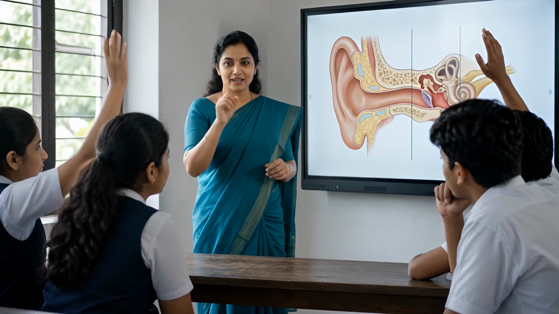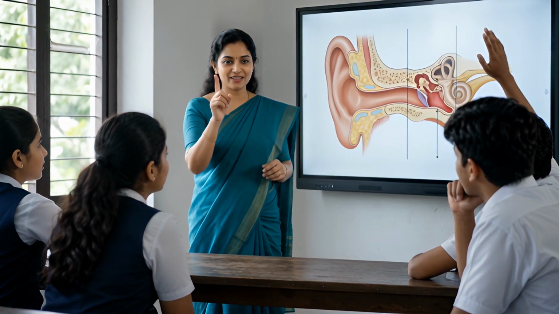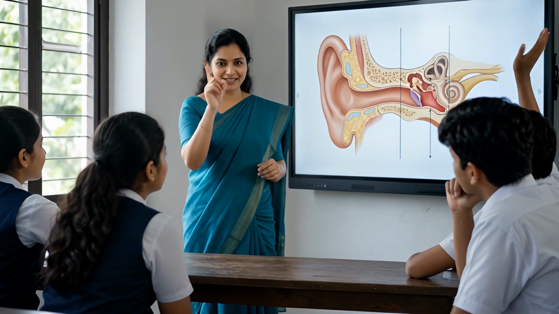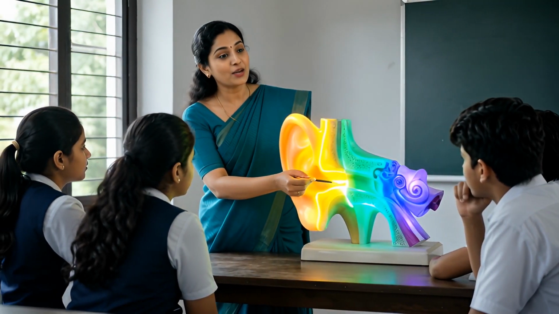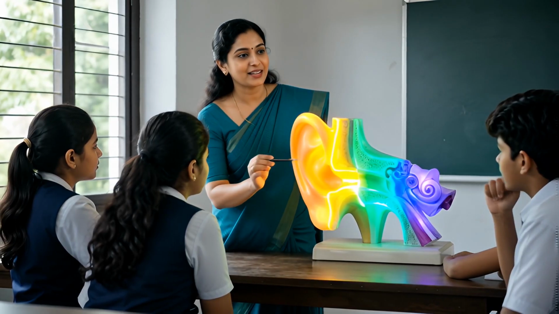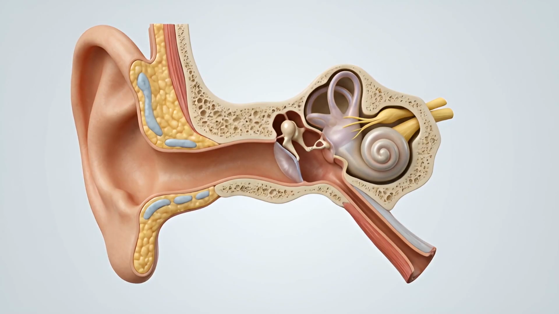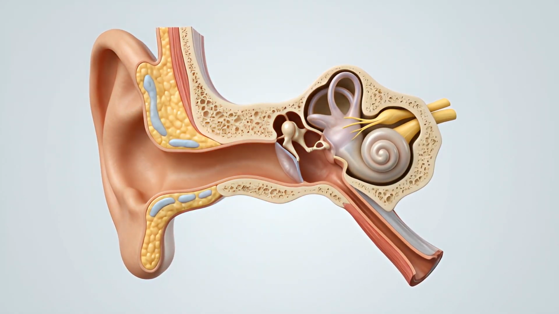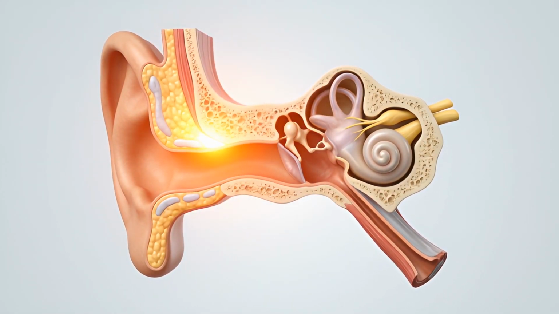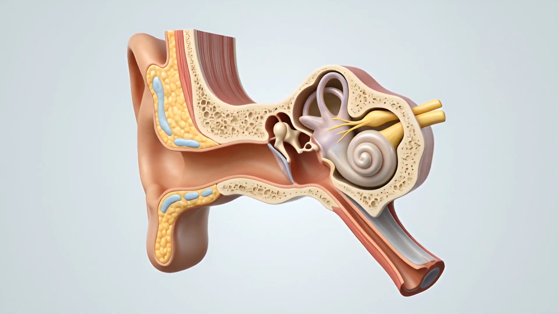Here comes a wonderful first question. What are the main parts of the ear? Outer ear, middle ear, inner ear, 3 parts appear. The auditory canal and tympanum together form the outer ear. The ear ossicles and eustachian canal are found within the middle ear. The cochlea, vestibule, semicircular canals and nerves are in the inner ear.